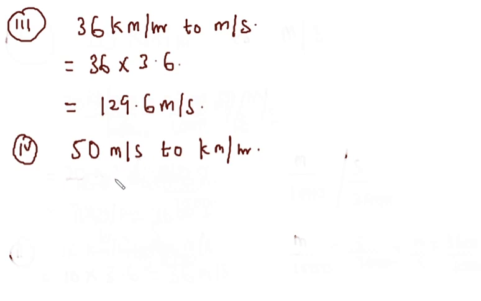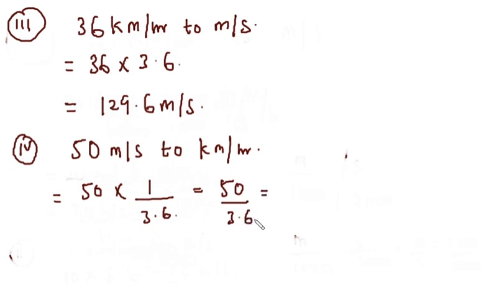So the constant conversion term here will be 50 times 1 over 3.6. So 50 times 1 is 50, divided by 3.6, which is approximately 13.89